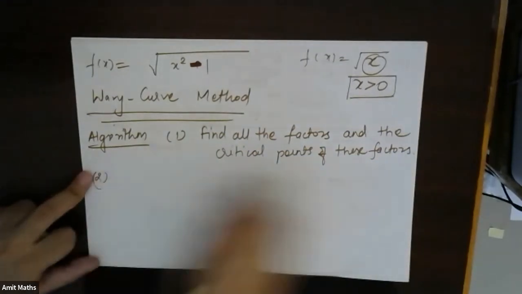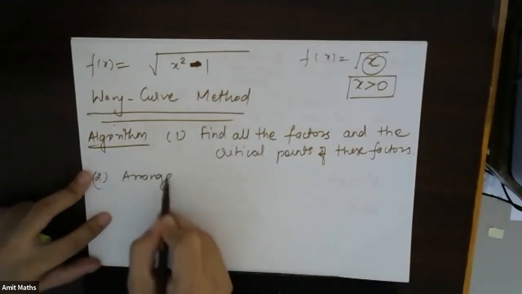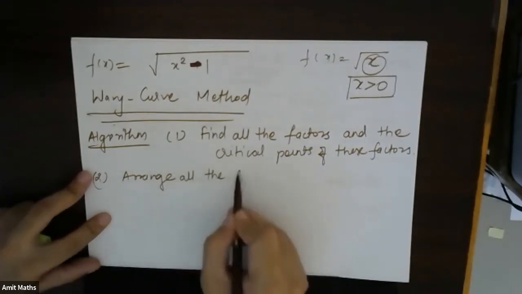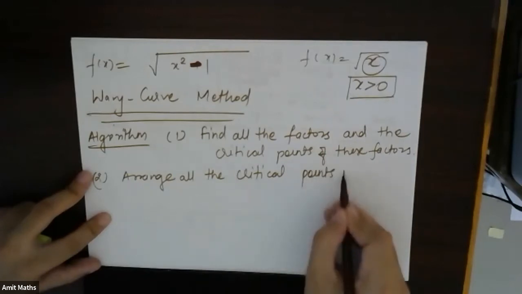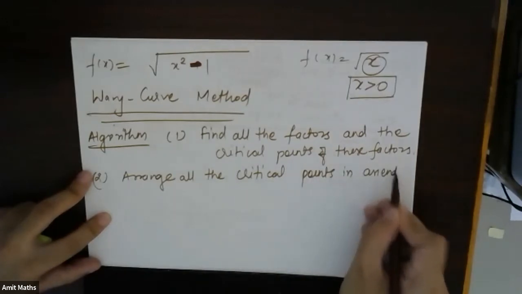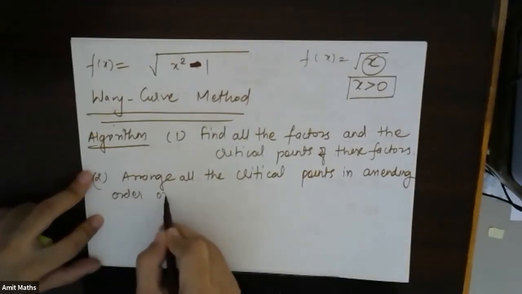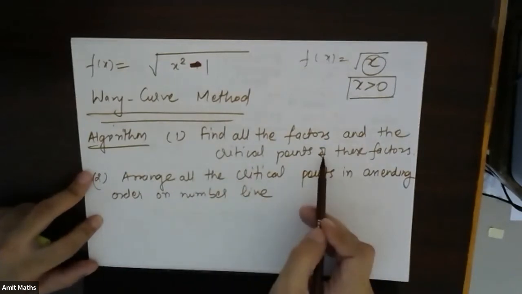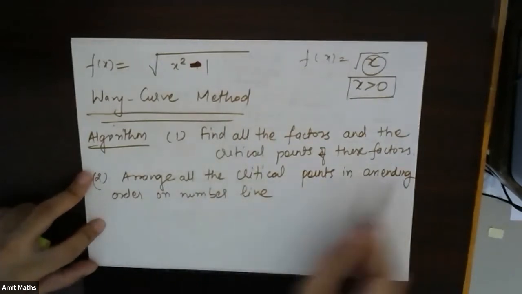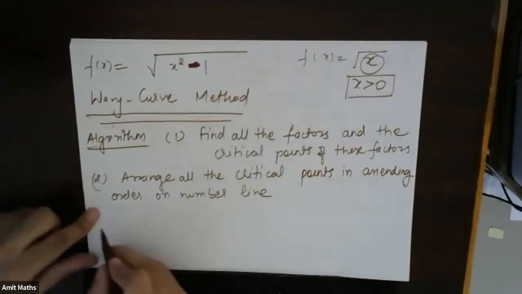Second is arrange all the critical points in ascending or descending order on the number line. It will be the same. Okay, now third is